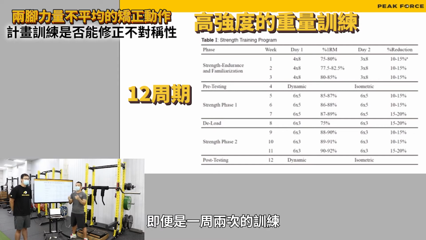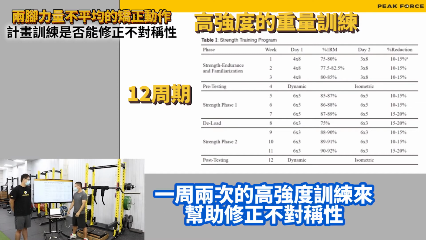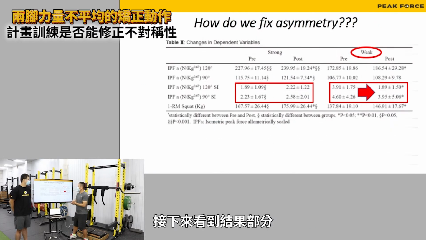Even though it's 2 days a week, you are still doing pretty high intensity exercise. 那所以在这个部分呢，我们就是做一个高强度的肌力训练。那虽然说1个礼拜只有两次的训练，但是因为也是高强度的部分，所以它能够去帮助你达到修正的效果。